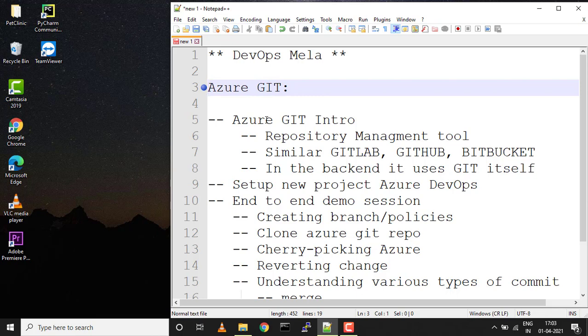So what exactly is Azure Git? Azure Git, as we know, is a repository management tool. Similarly, in the market we have GitLab, GitHub, Bitbucket. The similarity is they all are repository management tools. In the backend, even Azure uses Git itself. Git, as we know, is a very well-known version control tool.